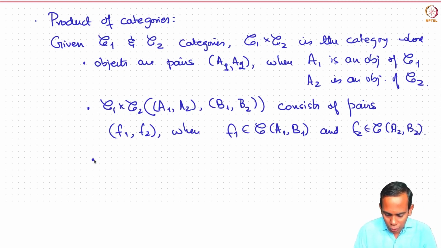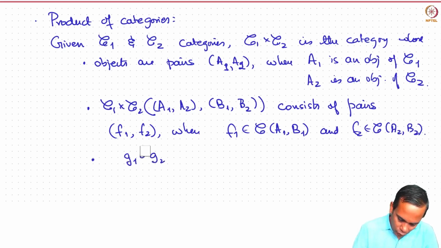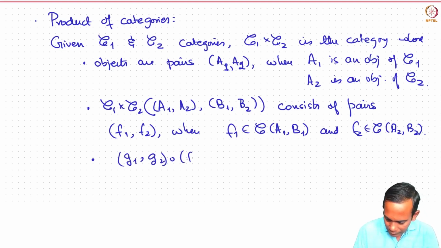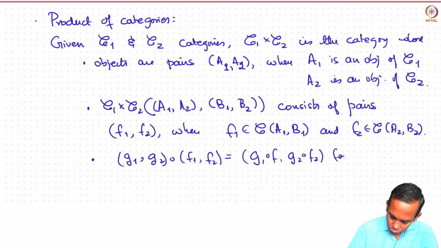And the composition law is given by (G1, G2) circle (F1, F2) is (G1 circle F1, G2 circle F2)